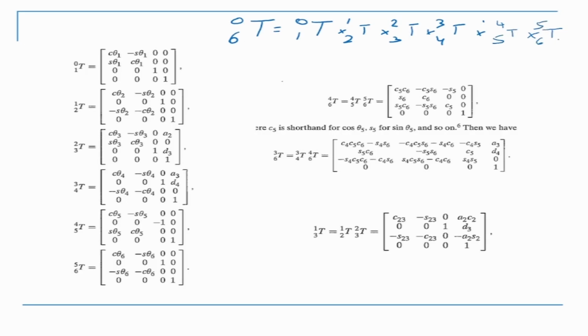Okay, so these are 6 matrices that we have to multiply. Now we multiply in a particular sequence. This is something very, very important to note. Now, why do we do that? It will become clear. If you don't do it like that, you cannot solve the system of equations. Why? We'll see as we go along.